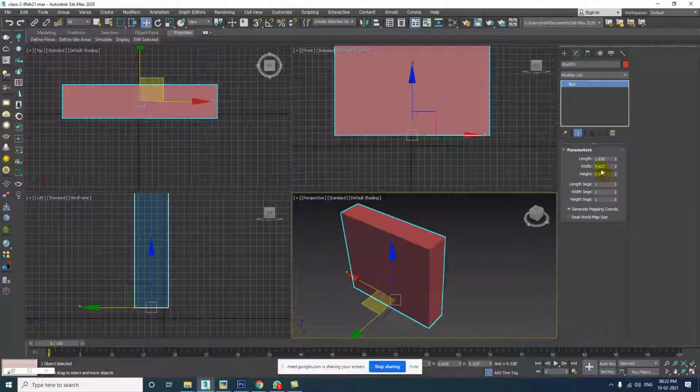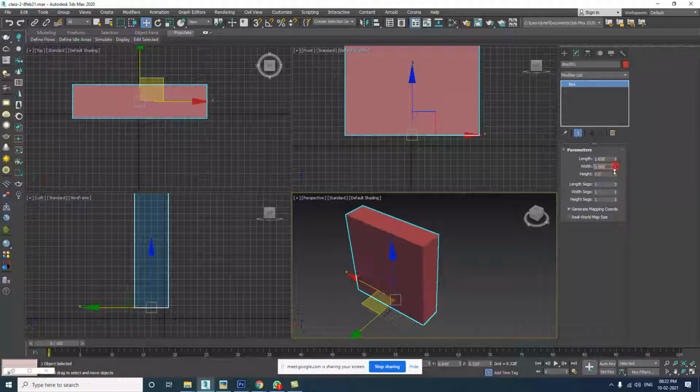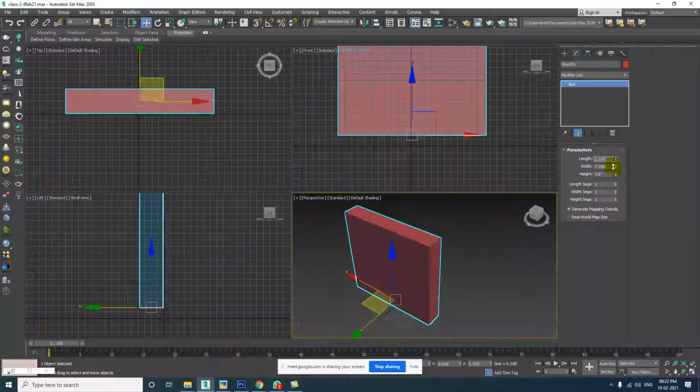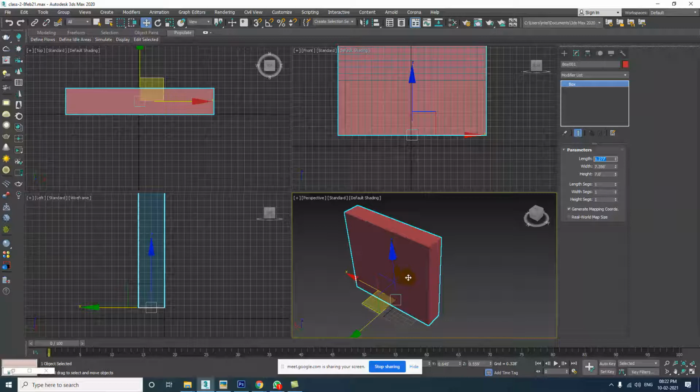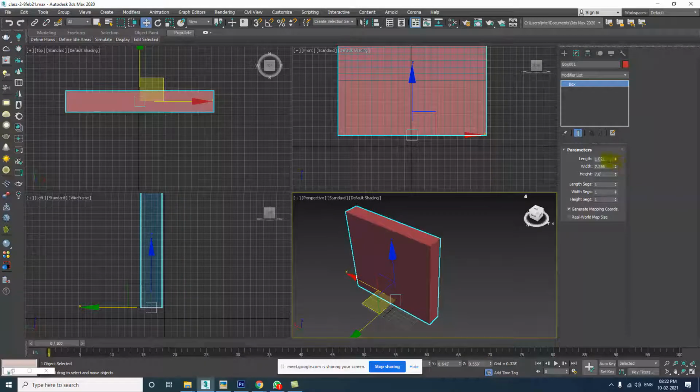If you want to change the length, this one is the thickness. Here my object is a little bit rotated, so my thickness is the length. If you want it to be a 2 feet thick wall, you just have to click on it, type 2 and enter.